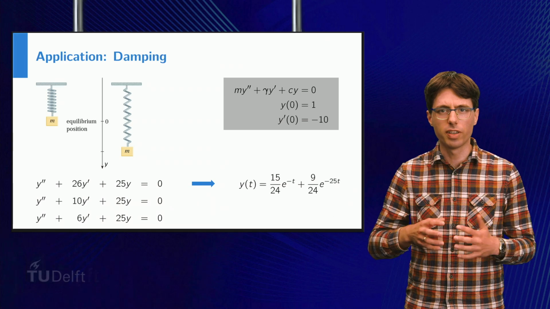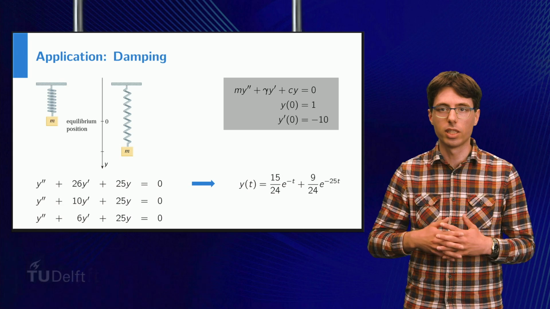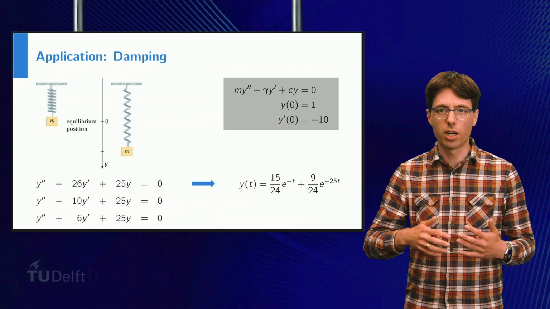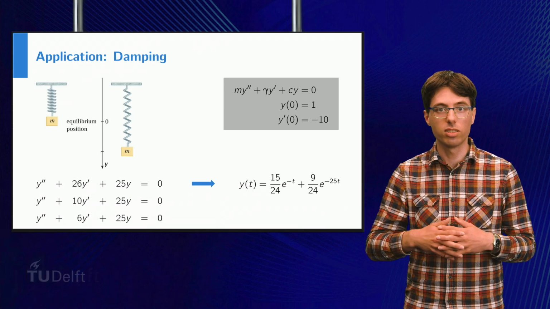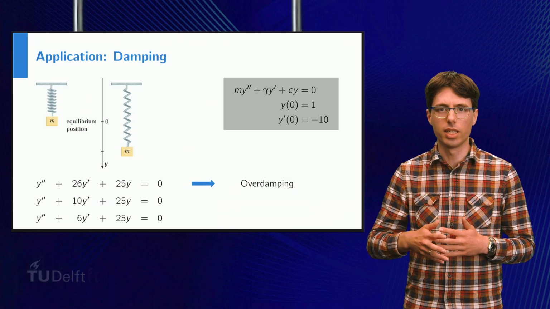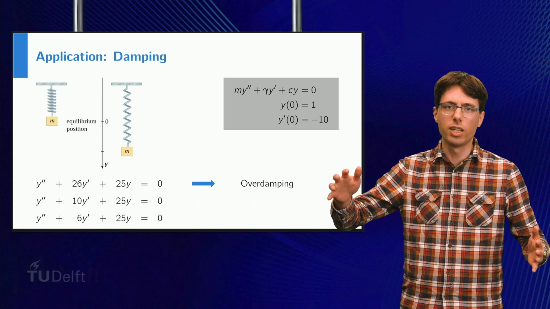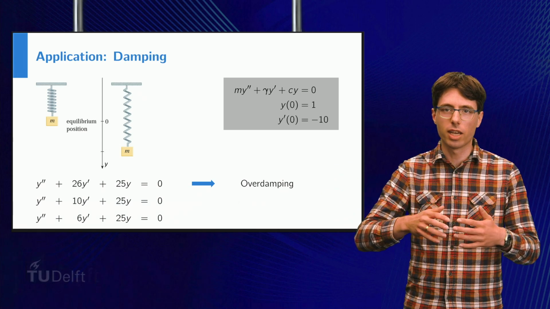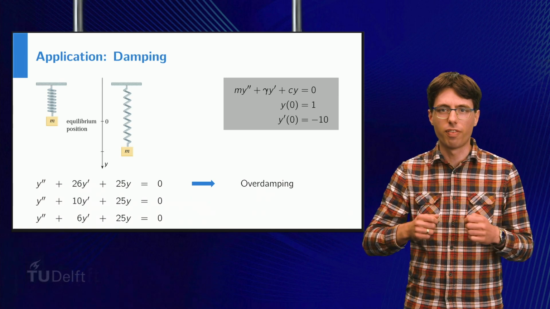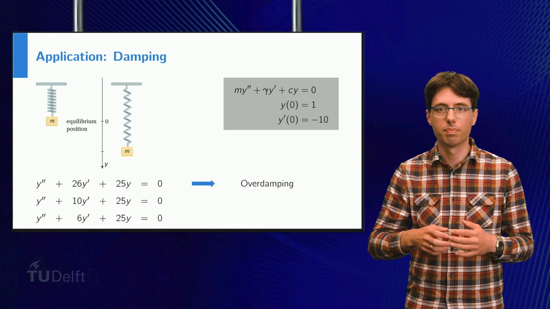Notice that when t becomes very large, e to the power minus t is way larger than the other exponential function. So this solution goes to 0 as fast as e to the power minus t, which in this context is not very fast. That is why we call this the overdamped case. The damping coefficient is so large that if you stretch out the spring, it will slowly move back to equilibrium. You can imagine this happening when you place the spring in a medium with a very high friction coefficient, such as water or even something like honey.